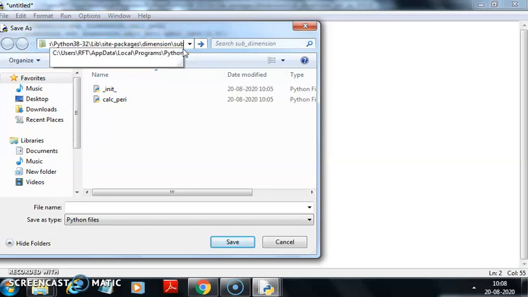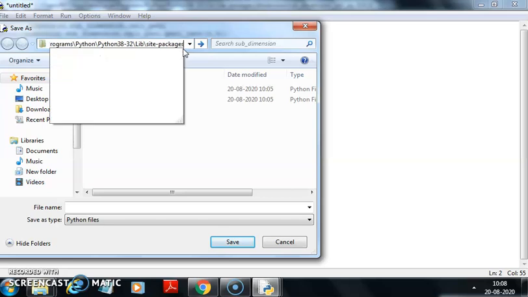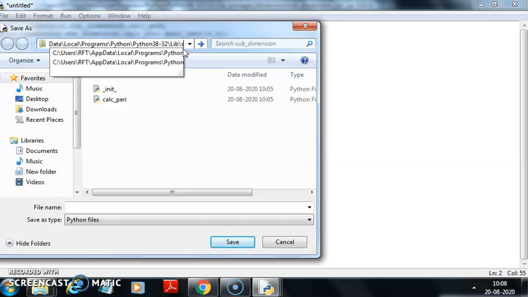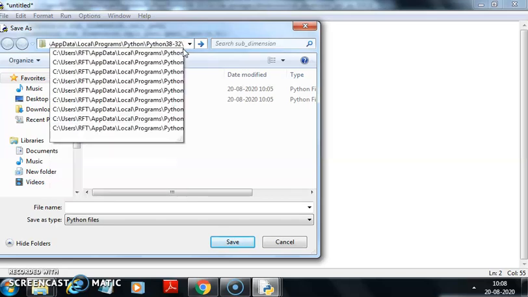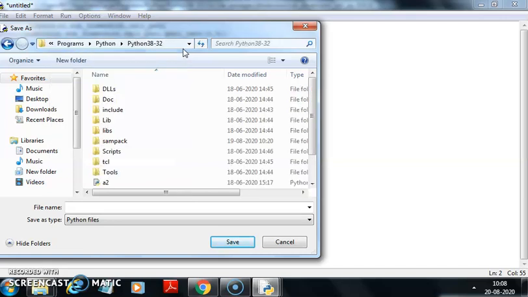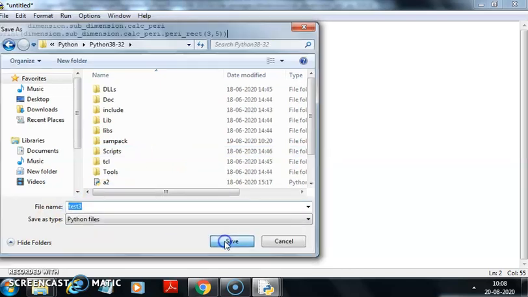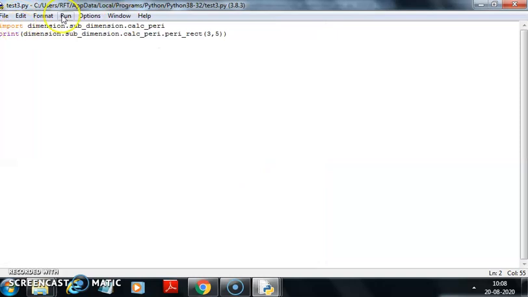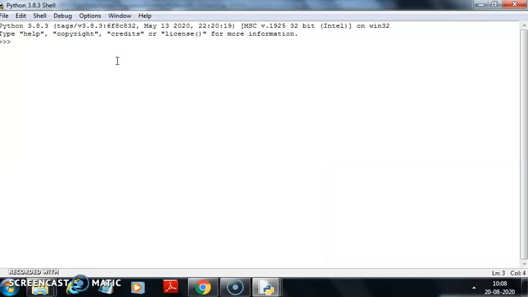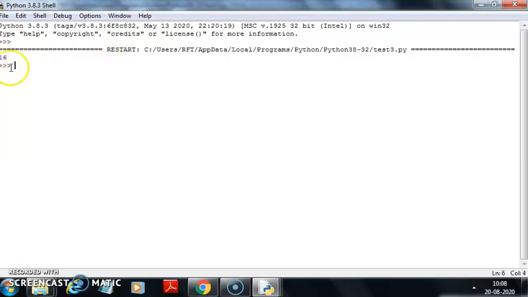Let me just enter my Python 3.8.3.2 folder. Within this folder I am going to save my file. I am naming it test3. Okay, save it. Now you are ready to run it. F5, and see, you are getting the answer for the perimeter. So this is how you are going to utilize the members of a sub package.